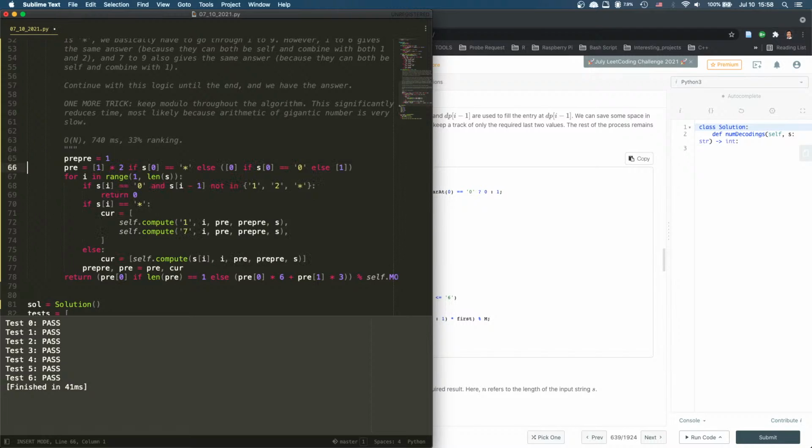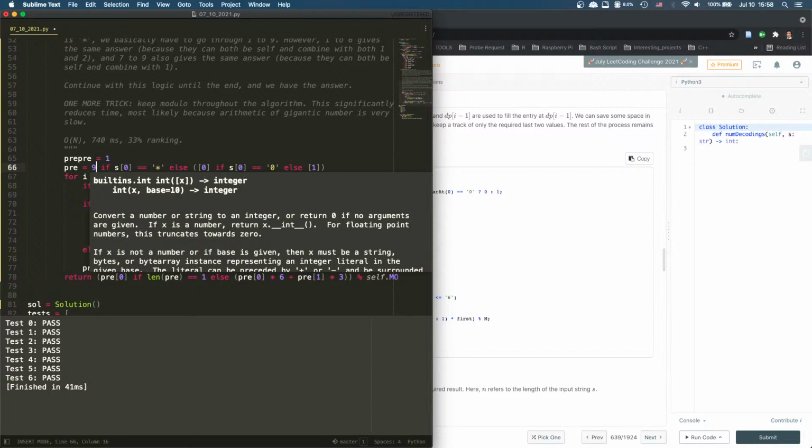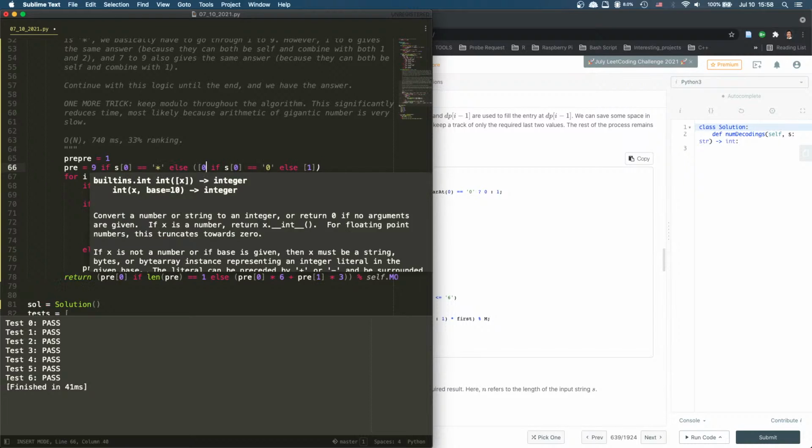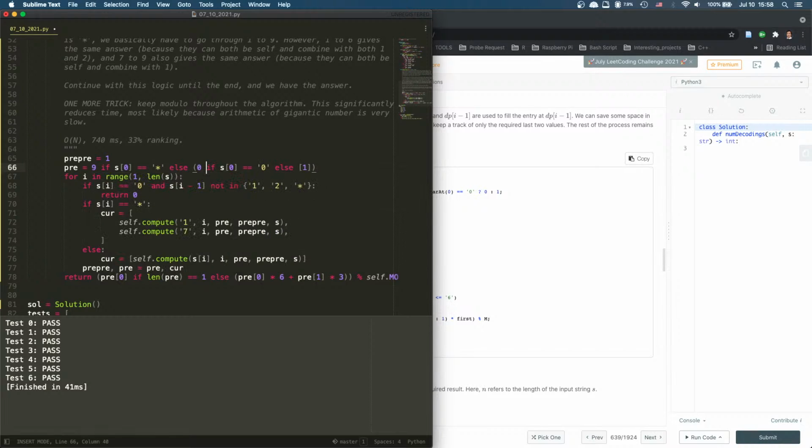Yeah. And this is going to be 9. Yeah, this is going to be 9, because we add them together. Else it's going to be 0, else it's going to be 1. So basically, it's trying to do exactly the same thing as this one, right? And if this, return this. If this, and we're going to say current is going to equal to